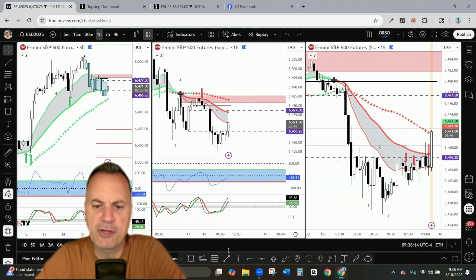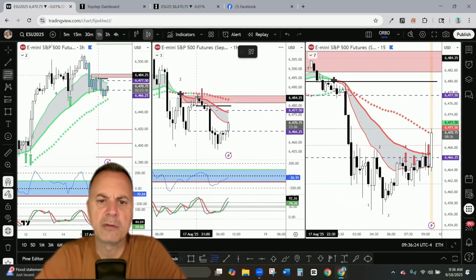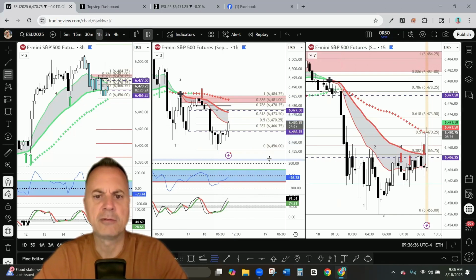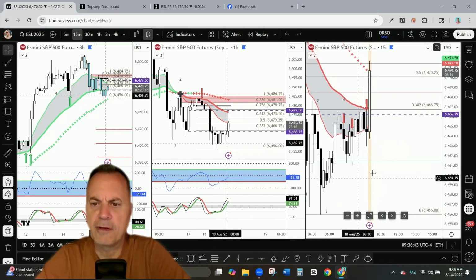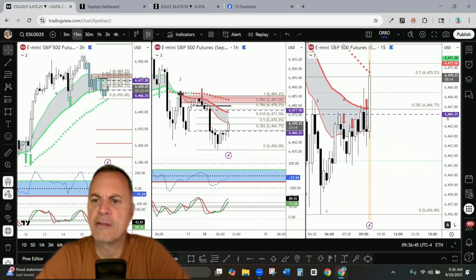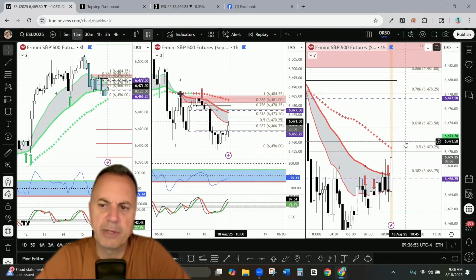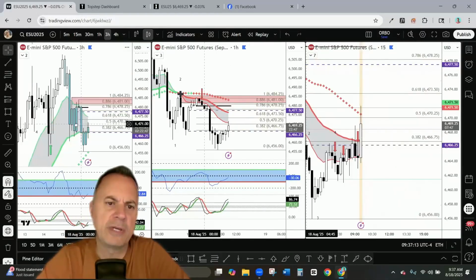Okay, let's put Fibonacci on here. Retracement level from swing high to swing low. There you go. Looks like it's heading for that 618 retracement level right inside of that 1 hour trend cloud. And that's what we look for, right? So this is a deep retracement into Sunday's opening range. Maybe it wants to hit here, but